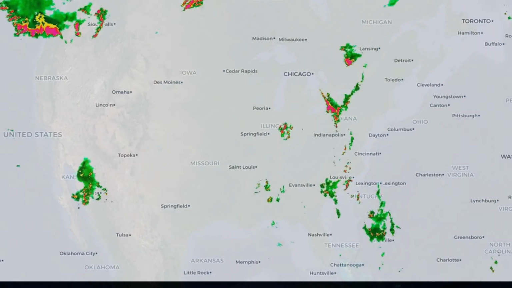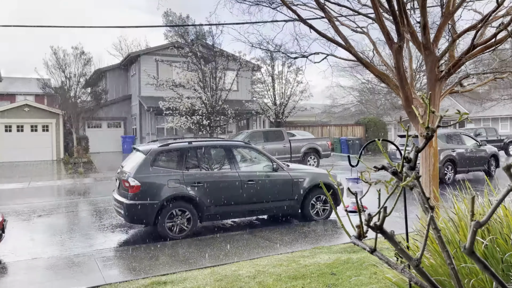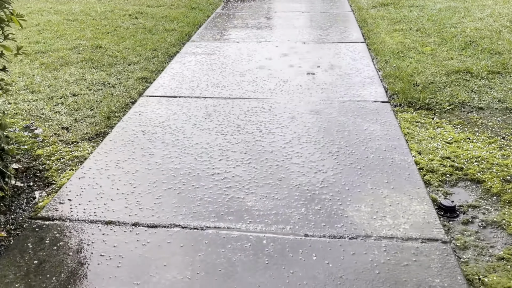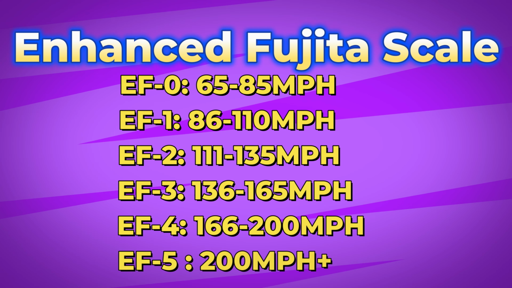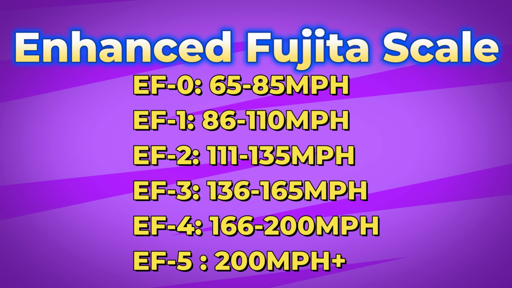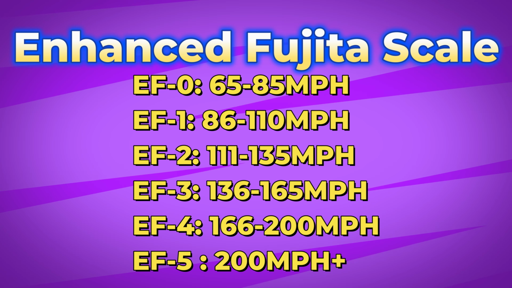The instability can be so increased that supercell thunderstorms develop, which feature heavy rain, high winds, hail, and lightning. If the instability increases further, this creates a ripe environment for tornadic development. But not all tornadoes are equal, and some are weaker and some are stronger. This is rated on the Enhanced Fujita scale, a numeric scale which ranks tornadoes from EF0, the weakest, to EF5, the strongest. The more favorable conditions and instability, the more risk there is for stronger tornadoes.